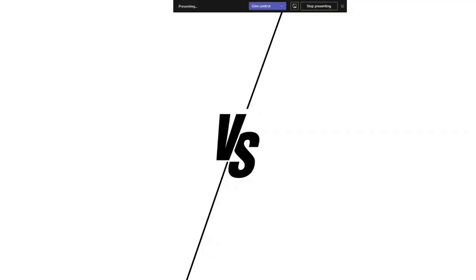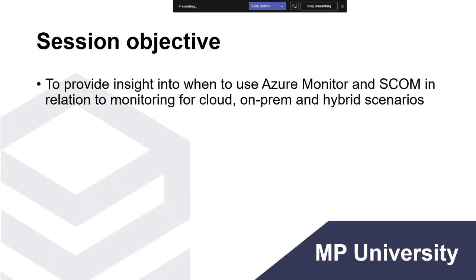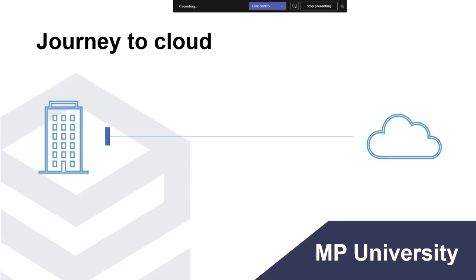Let's dive right in and start talking about SCOM versus Azure Monitor. So the objective of me being here today is to try and provide some insight into when to use Azure Monitor, when to use SCOM in relation to monitoring for your cloud, your on-premise, and your hybrid scenarios. Just up front, this is quite a complex topic, and I'm going to do my best to unpack this